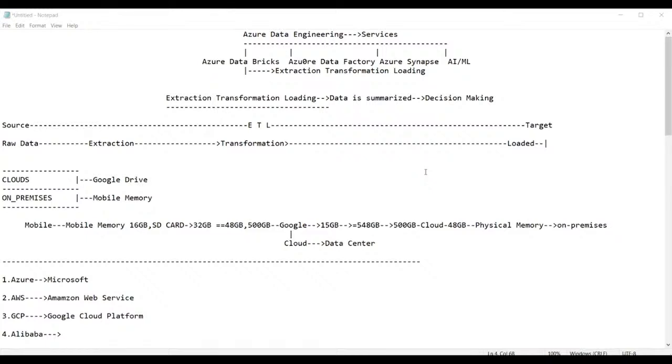But it is asking for a credit card number. Yes, credit card, obviously. That is for the free subscription. It will charge some 2 rupees from the credit card, and this free subscription will be valid for 30 days. After that, you have to go for the pay as you go model, which is based on your usage only. It will not charge you more than 700 to 800 for an individual.